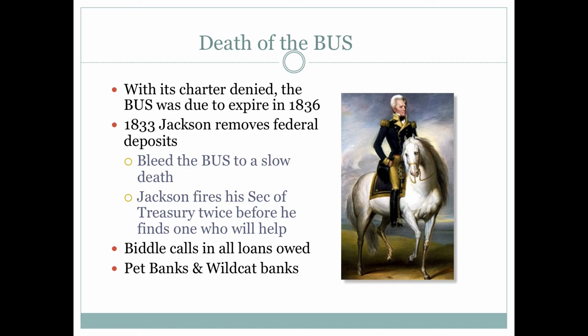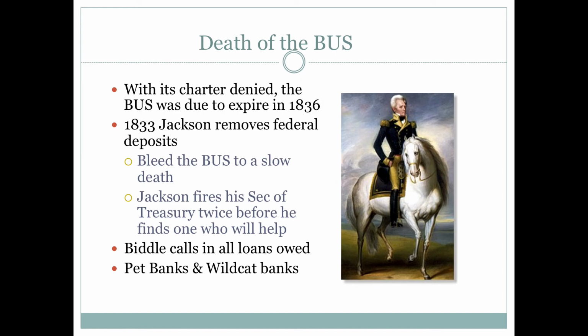I don't have his name up there, but write him down in a note somewhere. Roger Taney. He's going to be very important to us later on down the road, and I'll explain to you in class why that name is going to be very important. And it's Roger Taney, the third Secretary of the Treasury, who now takes all that money out, and they begin to spread it amongst the several state banks, or what they call pet banks, banks that were loyal to Jackson, and the banks out west that are brand new ones, wildcat banks, because we don't know if they have the ability to even survive.